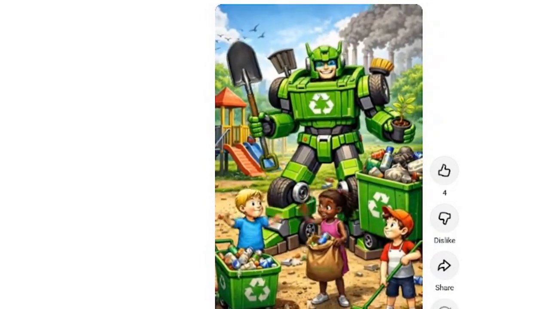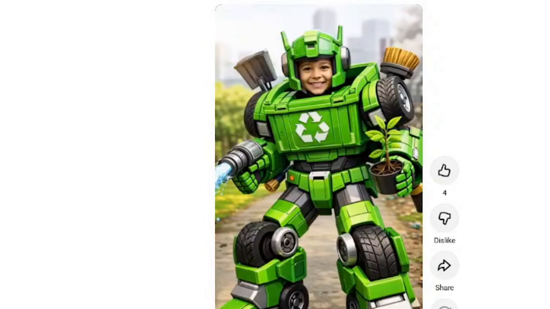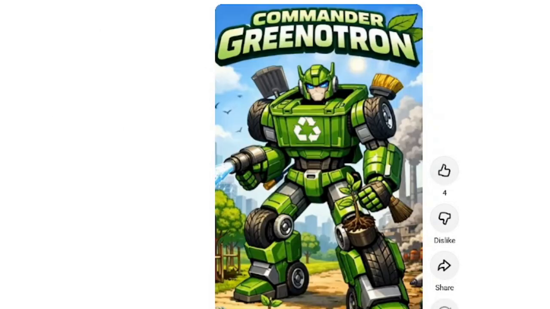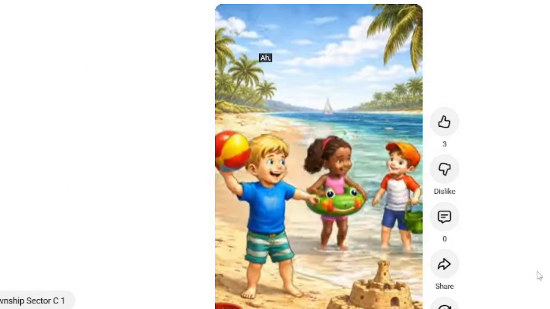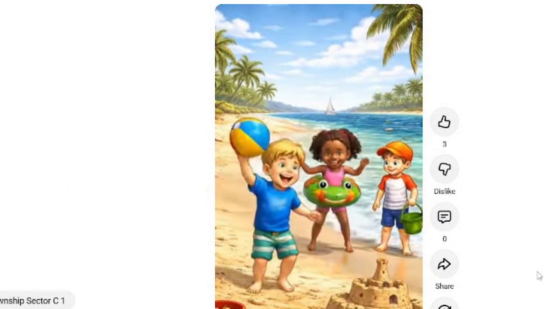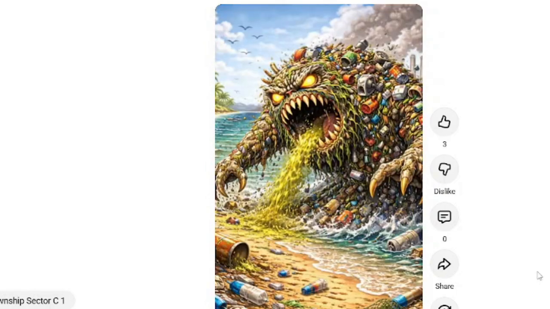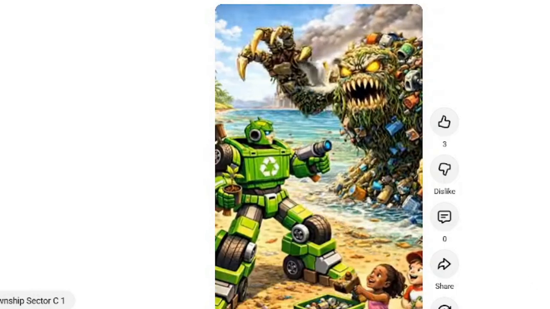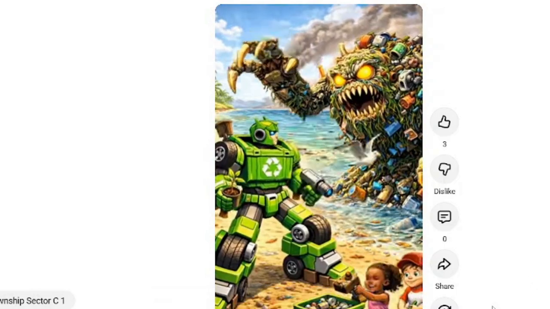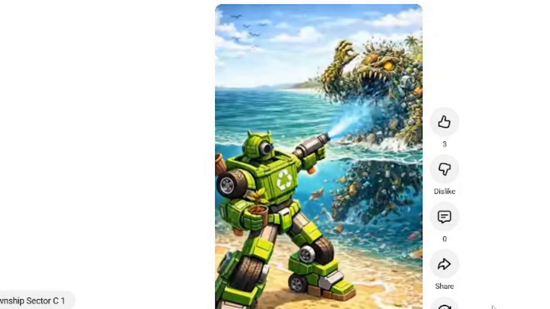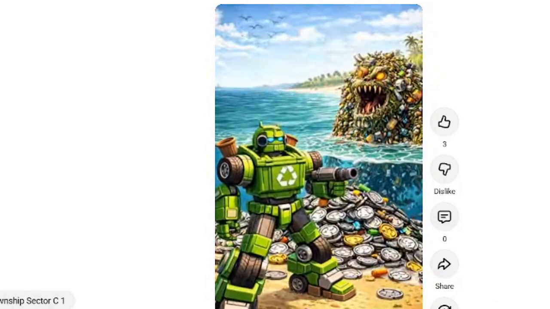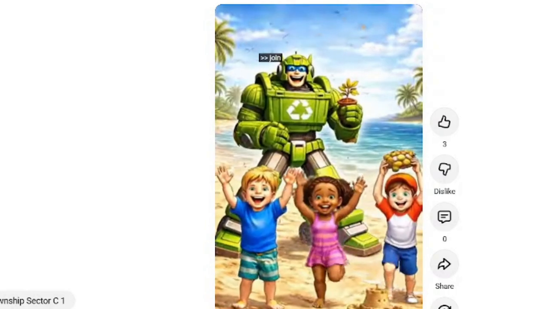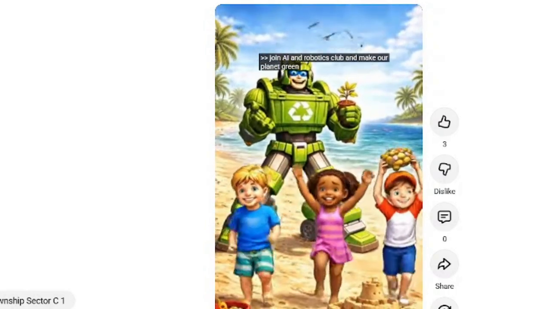We're all here to make a difference and keep our planet beautiful. Join AI and Robotics Club and make our planet green and clean.